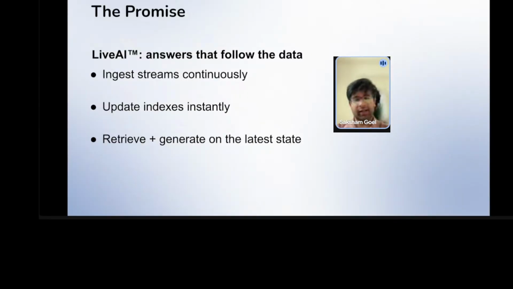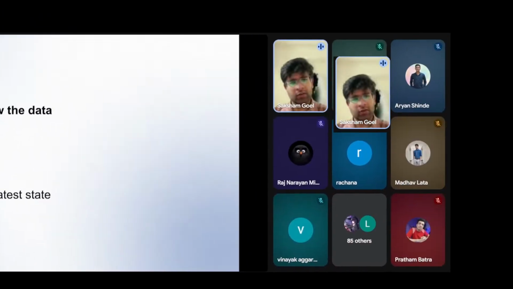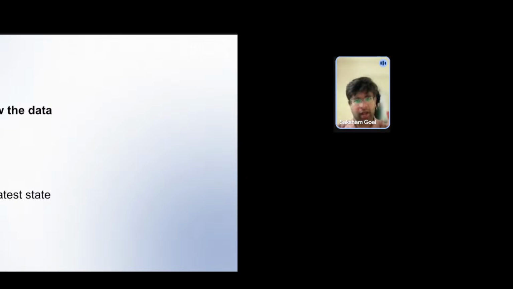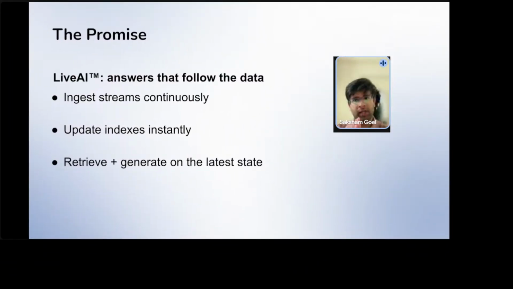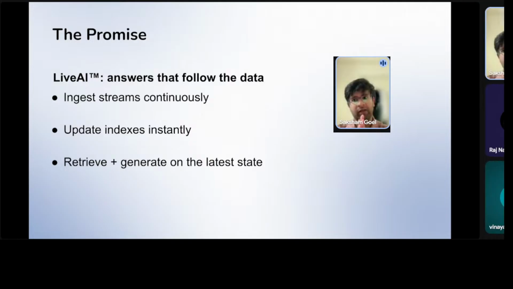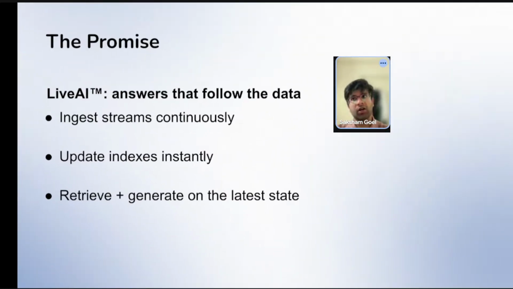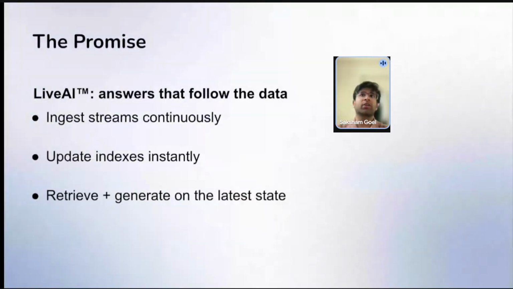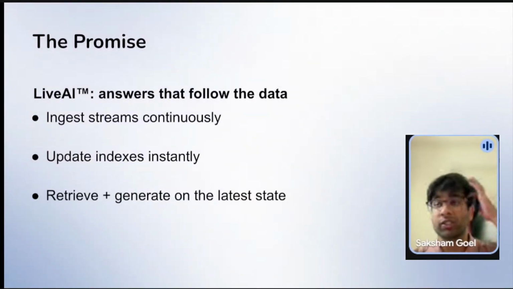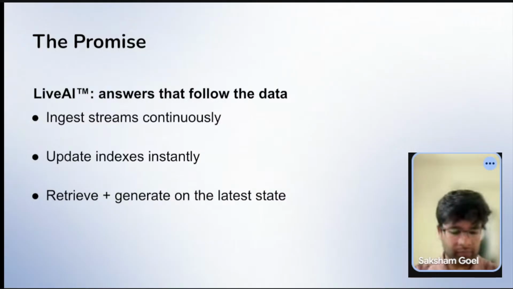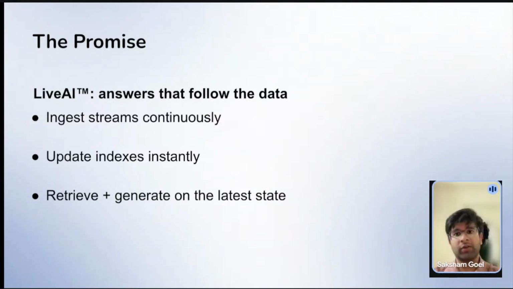So what are we exactly promising? At the end of this hackathon, you will build a live AI application. Live AI means simply that your answers change instantly when the data changes. As soon as the data changes, Pathway will see that. Let's say you are asking a question on a professor's notes. Now a professor secretly changed a particular document which contains a very important answer to your question.